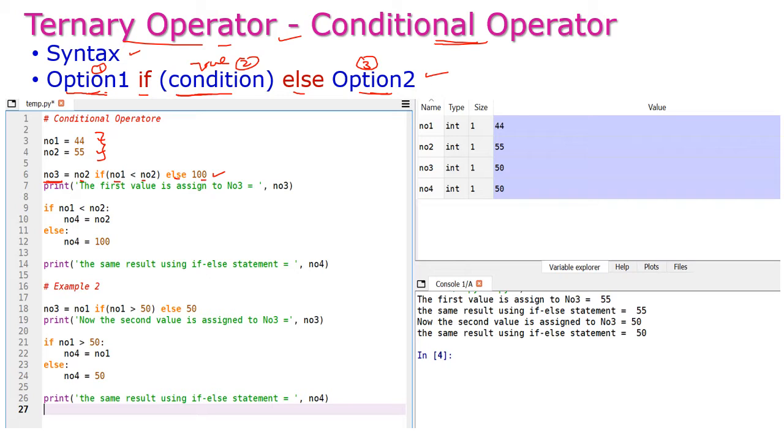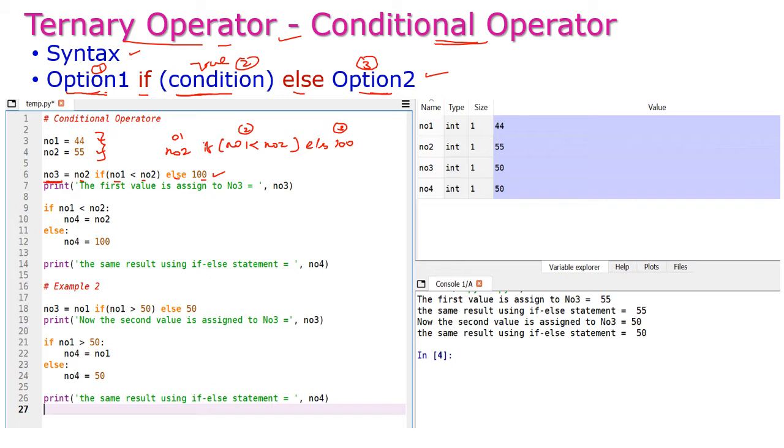So here number 2 is option 1, if number 1 less than number 2 is the condition, the second operand, else 100 is the third operand.